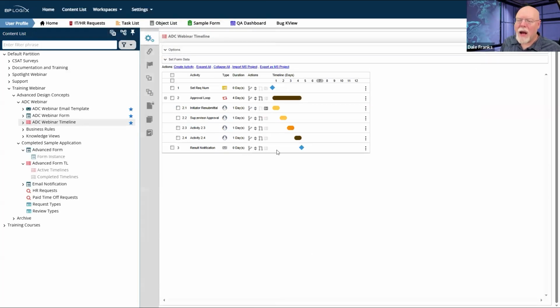But normally, I'd be sympathetic to the argument that it might be easier just to throw in a branch activity between all of these approval steps, just to have it, if I selected, return to supervisor or redo supervisor approval, whatever verbiage I decide to use. It might be easier to have a branch activity between each of these approval steps and just to say return it to the previous step. That is slightly more efficient than changing those three activities on the needed when tab.